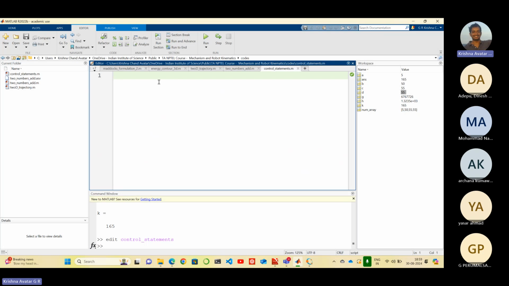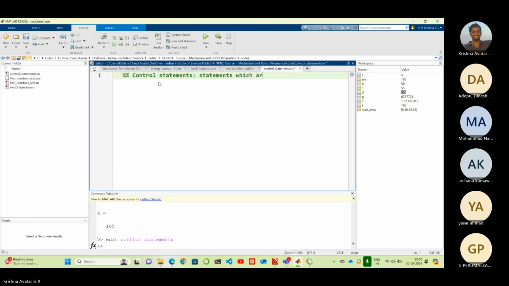Now you'll ask, what are control statements? Essentially, control statements are certain functions, or you could call them statements in a loose form,